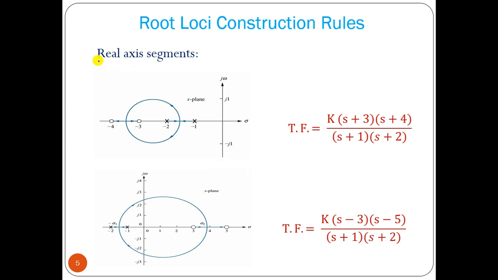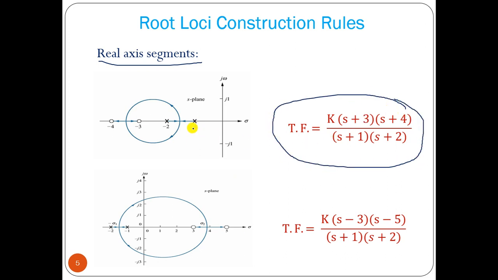Real axis segment. Now here we are doing the same thing. This is the transfer function, so we can plot poles at -1 and -2, and zeros at -3 and -4. If you look at this point on the right-hand side, there are no poles and zeros, so there is no root locus path. And at this particular point, between these two areas, we have one pole, an odd number, so the root locus path exists. It is shown by an arrow from the pole. At this point it will break away and go and break in to the zeros. Here we have two poles and two zeros,